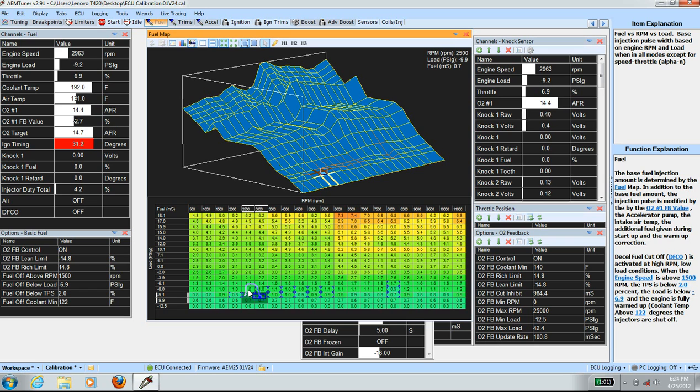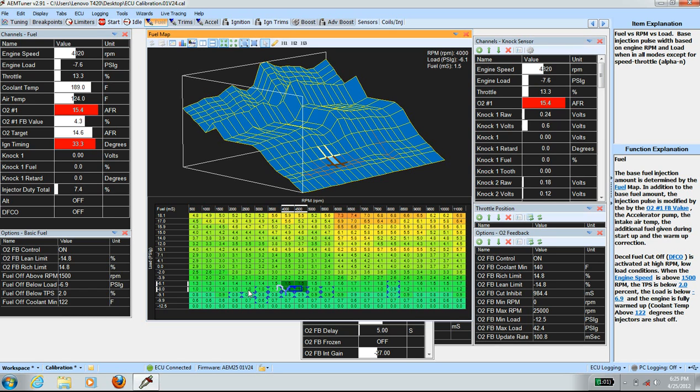Hold steady. 500. Space bar. 1000. Space bar. And space bar. Feedback. It's plus minus